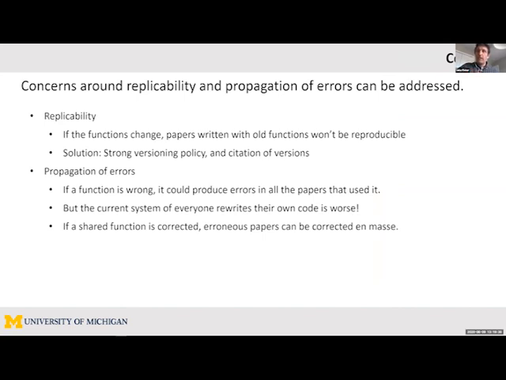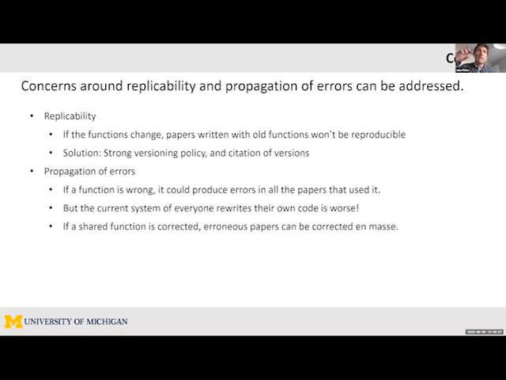When I brought it up to others, they presented a couple of concerns. There's one set of concerns that's relatively easily addressed, and those are around replicability and the propagation of errors. The idea here is that we would have these functions edited by users as they go along. When one user builds a function, ideally it would be shared with everybody else.